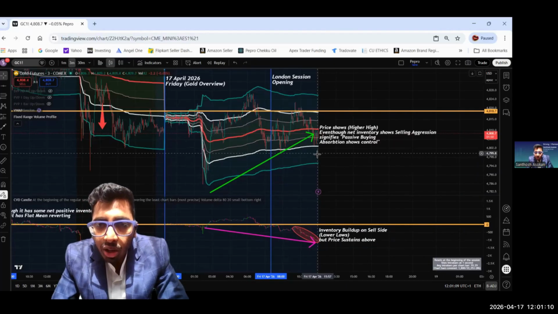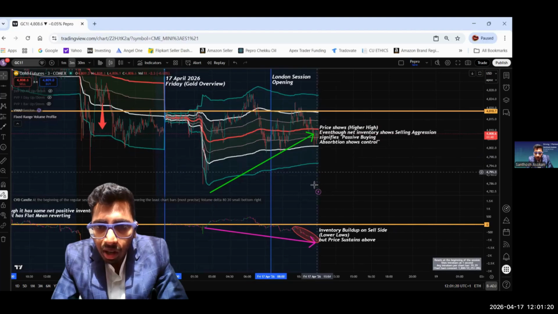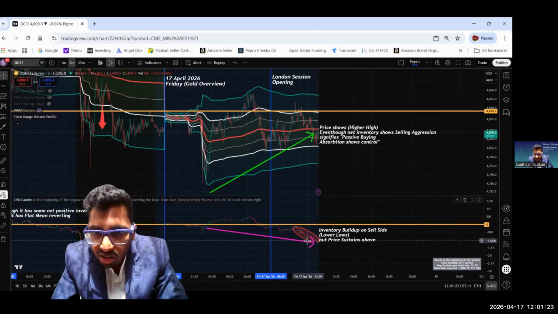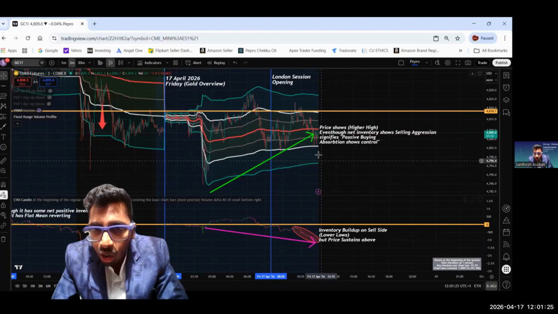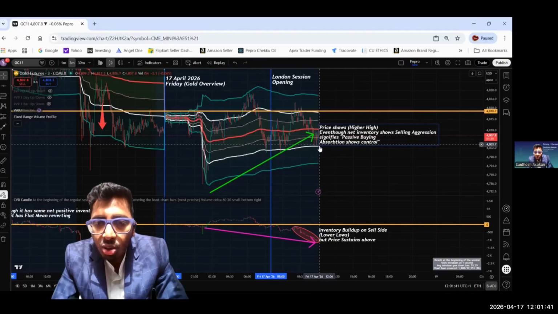So I would be looking to go long on a pullback at the -2 standard deviation zones. And similarly, if I see some reversal in the aggression inventory along with some price confirmation and acceptance, then I would change my bias accordingly. Right now, I am looking for a long trade, but on the pullback, not at the current levels, because the risk reward looks good at the -2 standard deviation zone rather than entering right now.